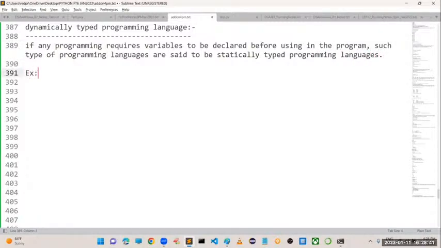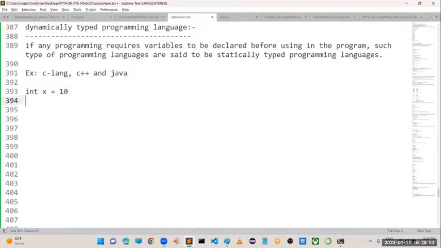We have some examples, like C language, C++ programming, and even Java is statically typed. For example, if you want to declare an integer variable, we have to write it like this.